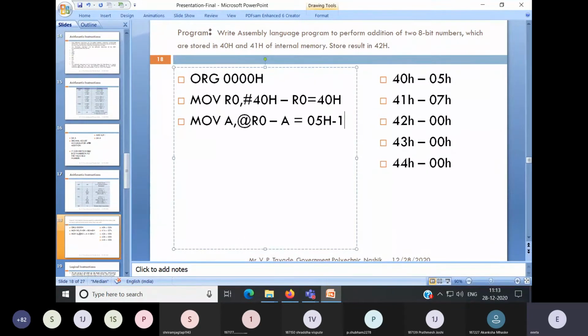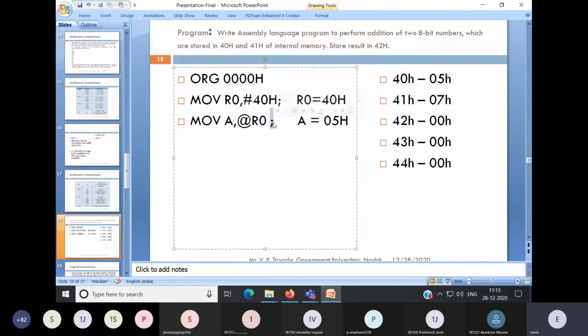The first number or first data, no need to write. So this is your first instruction. These are the comments. This is a comment, this is also a comment. This is your actual program before this semicolon.